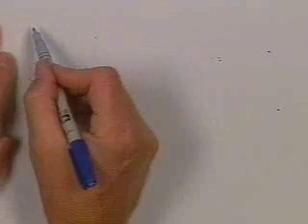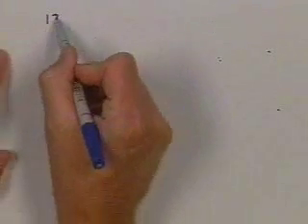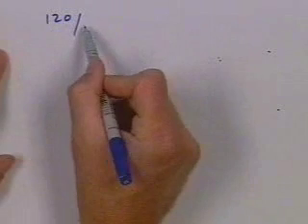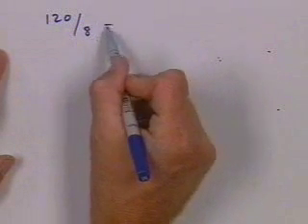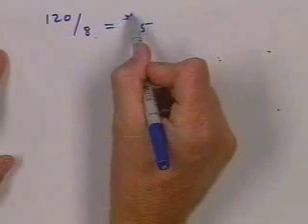So in essence, this is a fairly simple question. Depreciation expense for 1992 would be what? The 120 divided by the 8-year life gives us $15,000 per year,